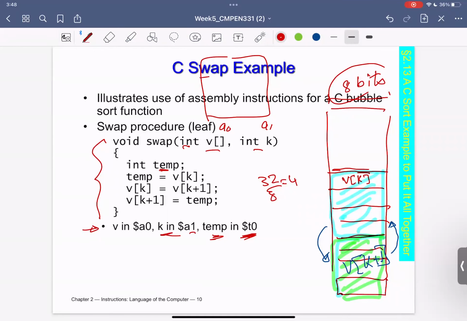move or copy this V of k to a certain slot here, and then copy V of k plus 1 to a certain slot here. So this is now V of k. And this is now V of k plus 1. And what I need to do is the swap, meaning that whatever is here